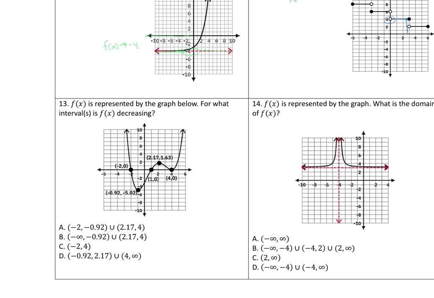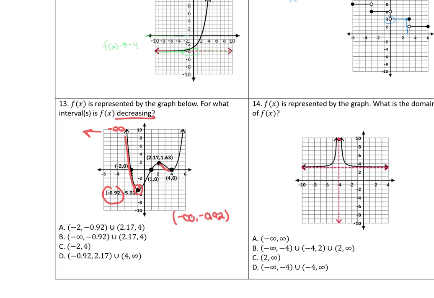Number 13 says f of x is represented by the graph below. For what intervals is it decreasing? That means the graph's going down. So this side is definitely going down. It's getting lower and lower. And this piece right here is going lower and lower. So this goes from negative infinity, the x's are going this way until I get to this x dot right here. So my answer has to have negative infinity to negative